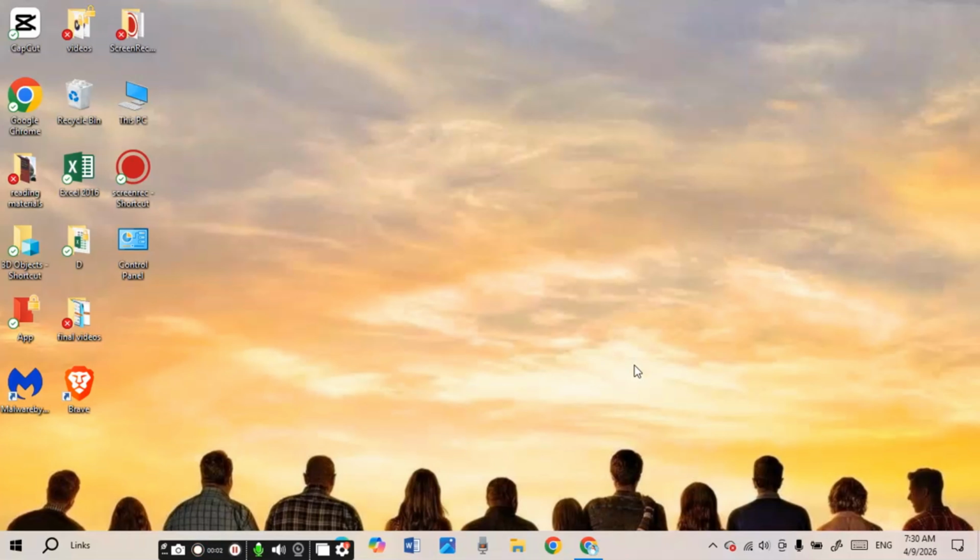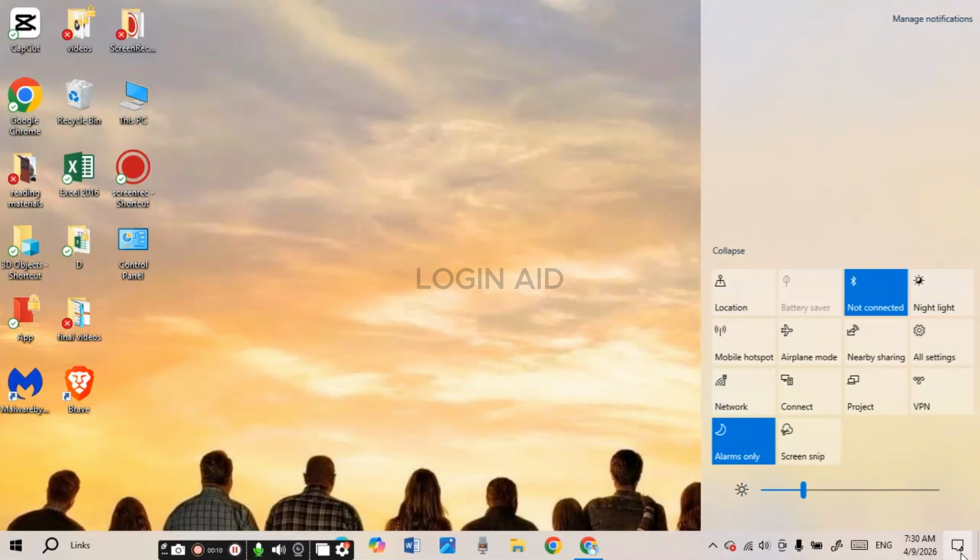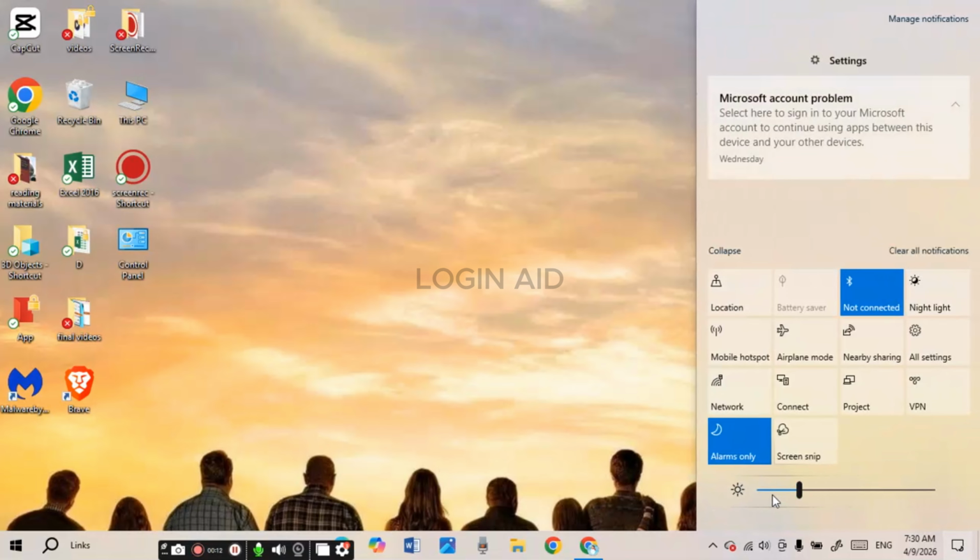In today's video, I'll teach you how to fix brightness control slider missing in Windows 10 or 11. Normally, if you click on the notification icon, you'll be able to see the brightness control slider over here. So if you do not see the option over here, what you have to do is click on this option,